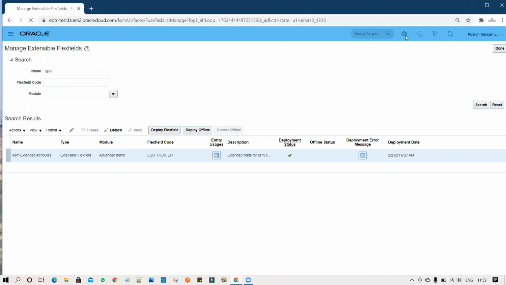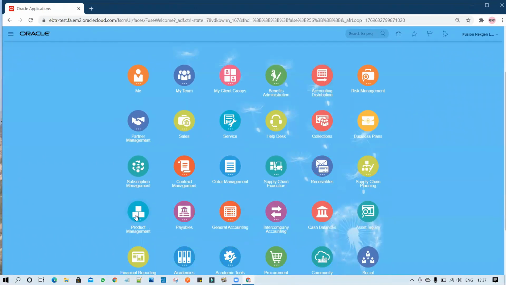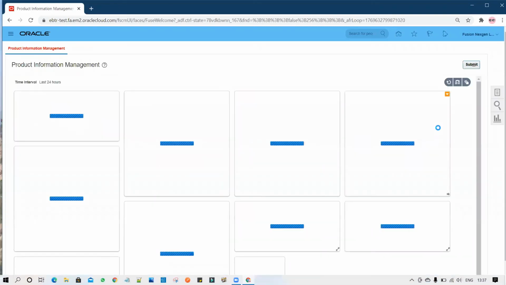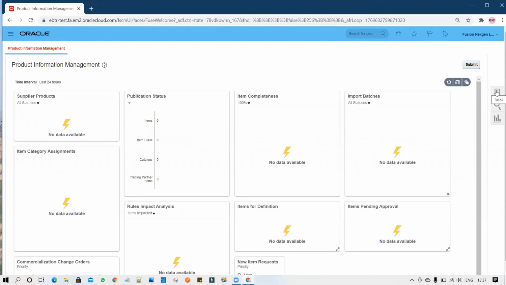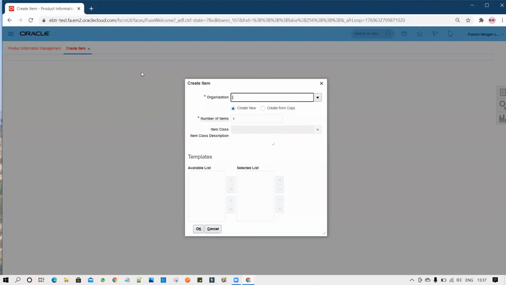Now to validate, go to Product Management, Product Information Management, and we'll try to create one item and we'll see that the multi-row extensible flex field will be available over there.